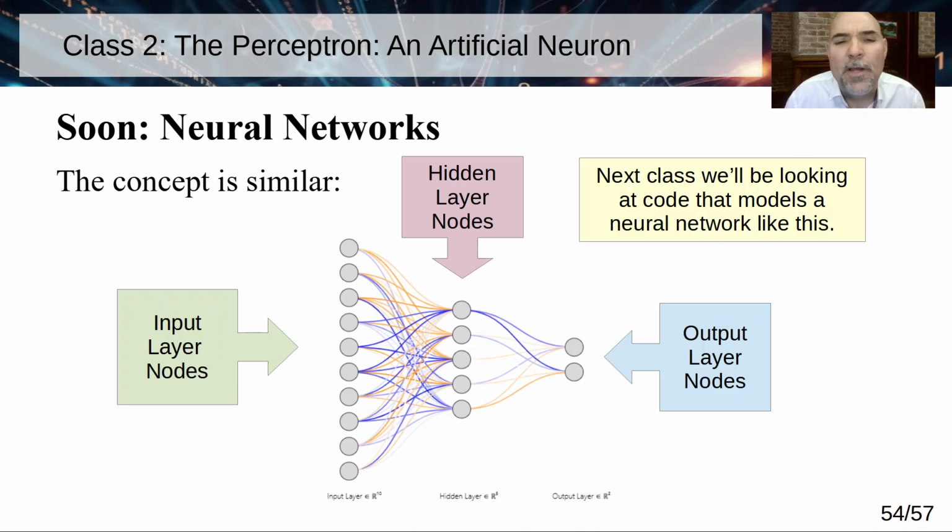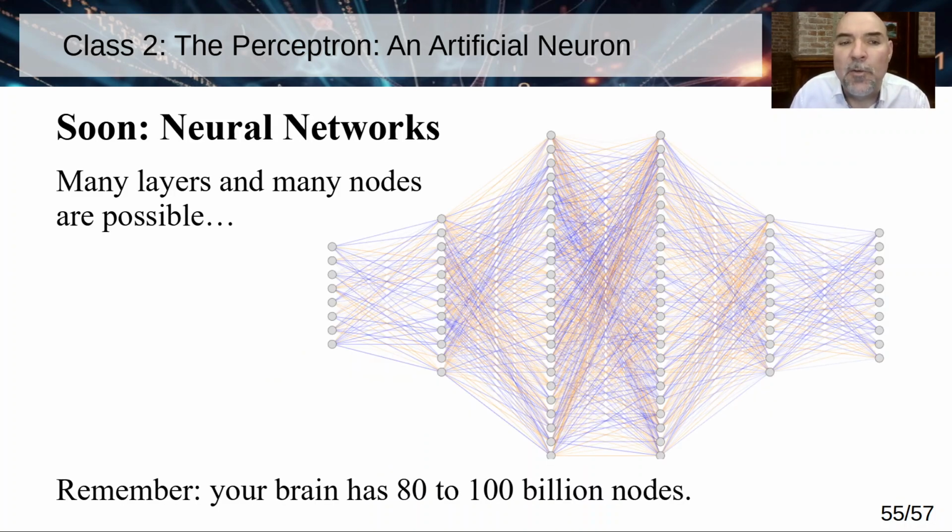This says next class, but we're actually going to do a lab with a single perceptron, and it's going to be two classes from now. We're going to look at writing code with actual neural networks with more than just one perceptron. Next class, I want to do a lab with a single perceptron, but eventually we're going to get to a lot of layers, hidden layers, a lot of inputs, a lot of outputs, and we're going to train these things by adjusting the weights and the biases of all of these nodes through a training process